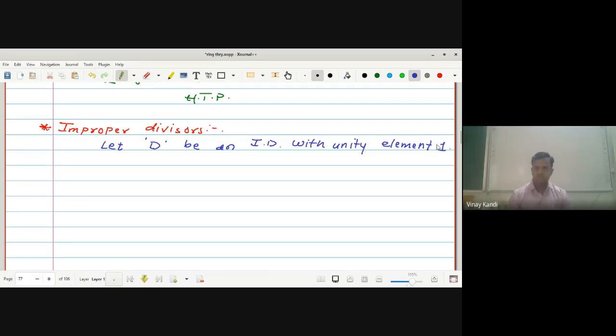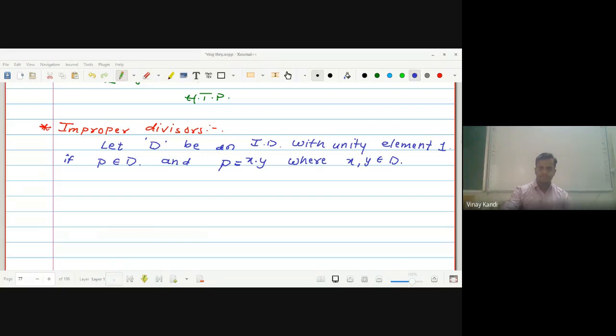If P belongs to D and P is equal to x into y, where this x and y both are elements of D, that is, x and y belong to D, then